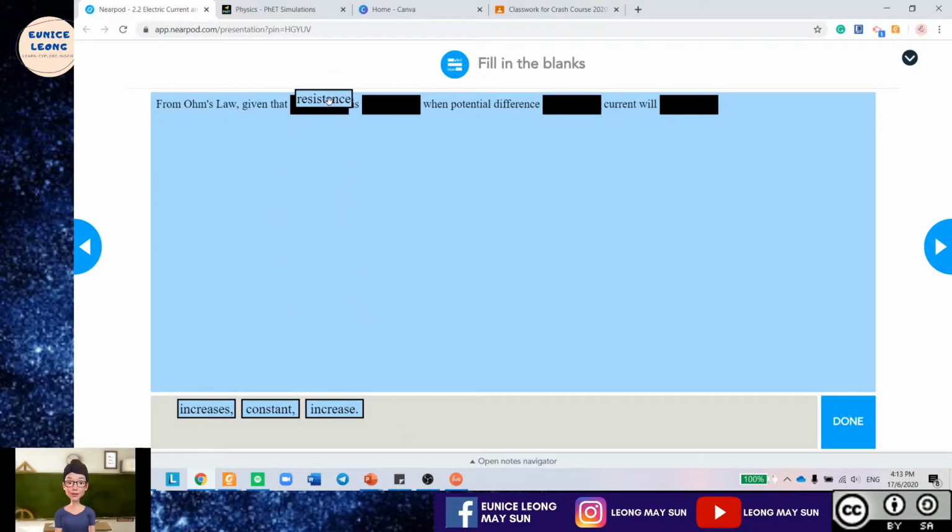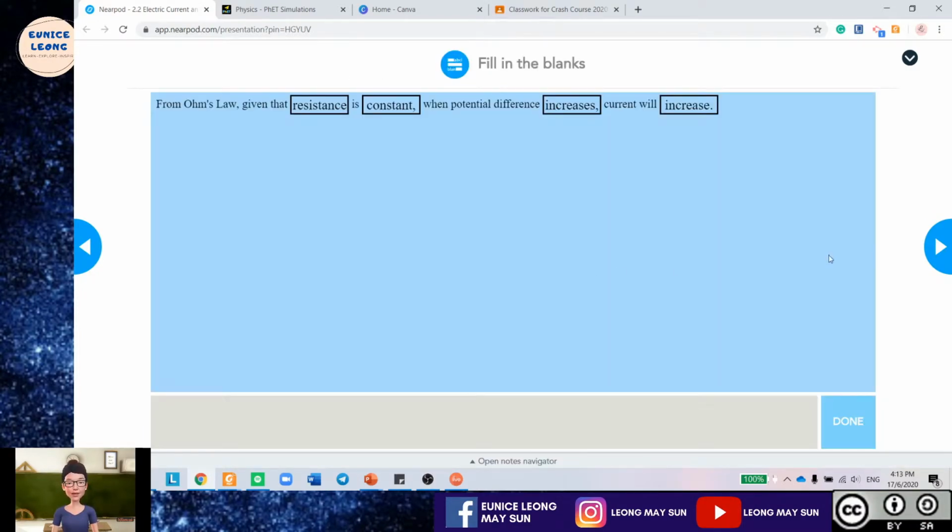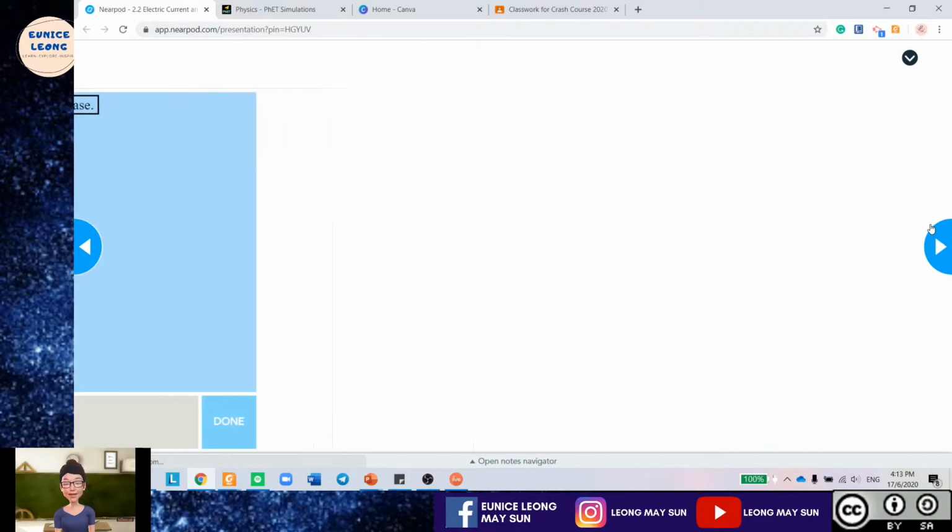Okay, Ohm's law, given that resistance is, let's just say, constant, the potential difference increases and the current will also increase. Done. See, I get 4 out of 4 correct answers. So next, I'm going to see